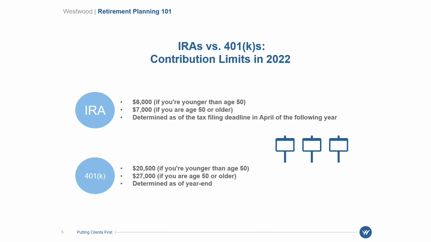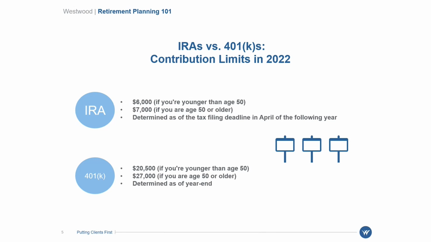And additionally, IRAs and 401ks differ in how an investor makes deposits or contributions in this context. One of the trade-offs for receiving these tax advantages is that the investors are limited in how much they can contribute to these accounts on an annual basis. In 2022, the maximum contribution amount for all of an investor's IRAs is $6,000 or $7,000 if you are 50 or older. And for any given year, contributions to an IRA are allowed up until the mid-April tax filing deadline